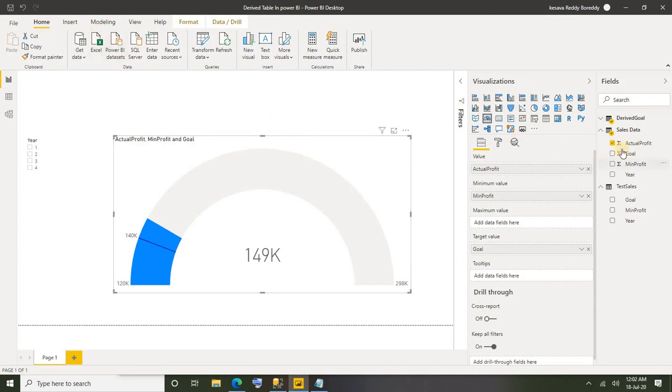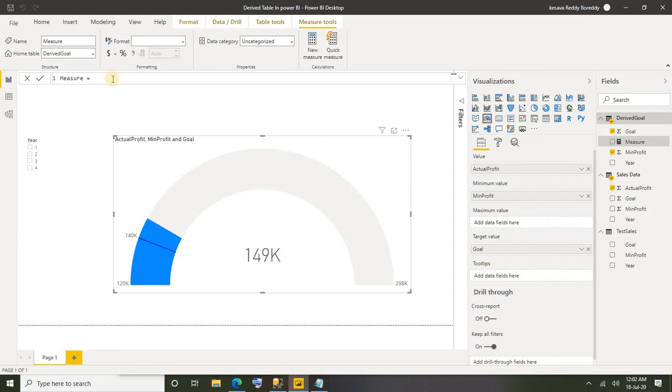So for that, I'm going to create one measure here. Let me create a measure called data color. Data color equals, I'm going to use the switch function. Based on some condition, I need to give that color, right? So I'm going to use the switch function. If it is true, then the below expression has to be evaluated.